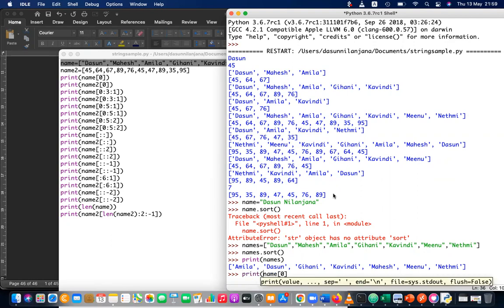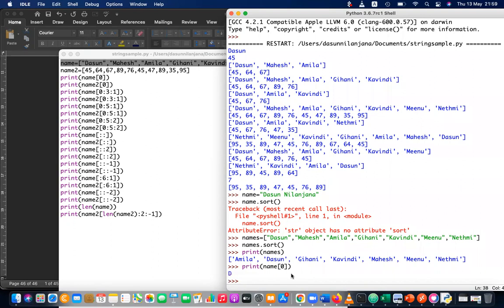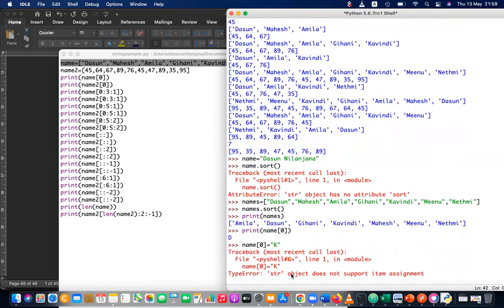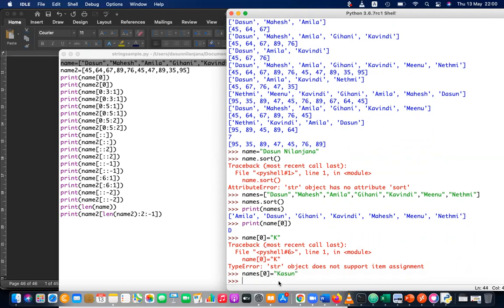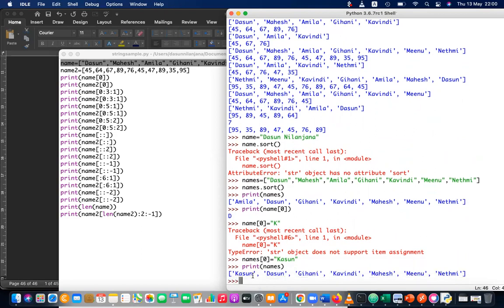But if I ask to change name 0 to the letter K, I'm trying to change the first letter, but it says it can't be done. But with the list, if I assign name 0 to something like Kasun and print the names, you can see it has changed to Kasun.